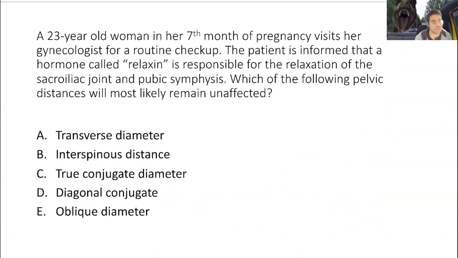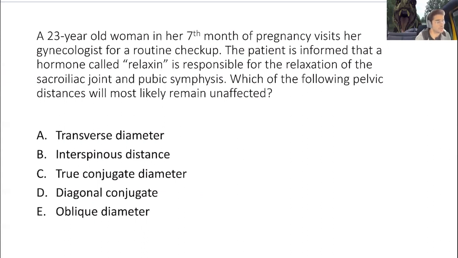Guys are killing it. Awesome. Exactly. So this is really important. The patient comes in with a relaxin hormone. This is actually a hormone that's secreted by the connection to the uterus. That's something you guys are going to learn in term 2, but the relaxin hormone is very important because